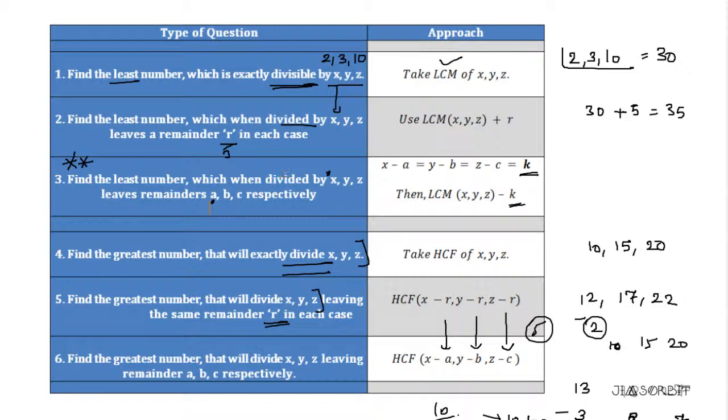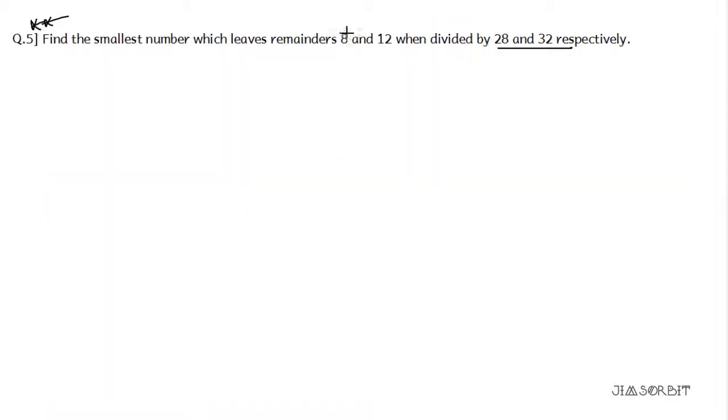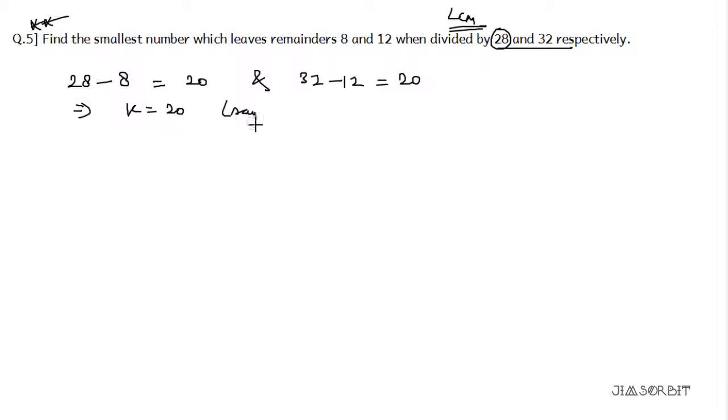Okay, let us come back. The question is, they leave the remainder 8. So the number is divided. Divided means LCM, direct. So 28, we have to check: 28 minus 8, is it equal to 20? And 32 minus 12, is it equal to 20? Okay, so both are 20. This implies k is 20. Let k be 20. Okay, so what is the rule? LCM